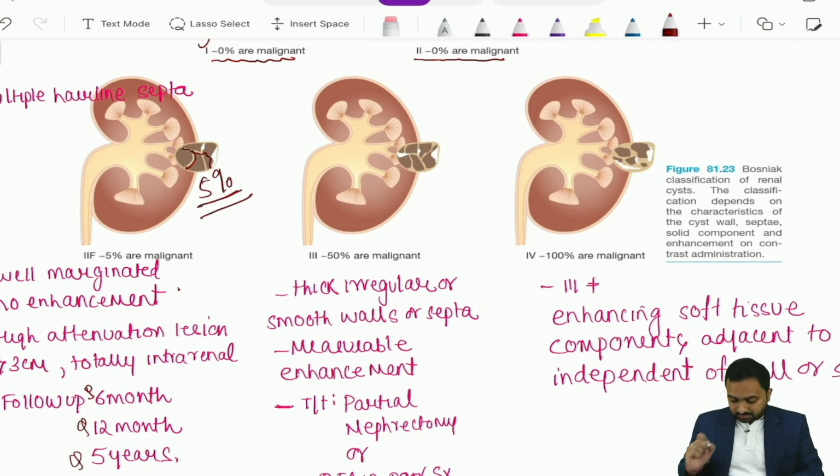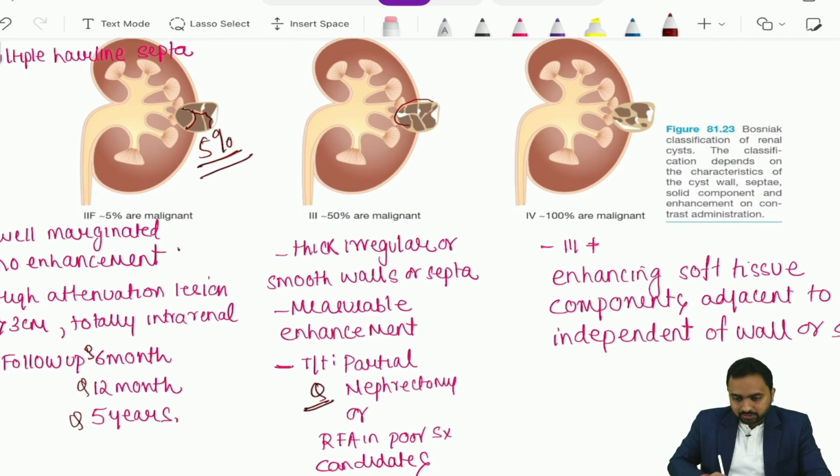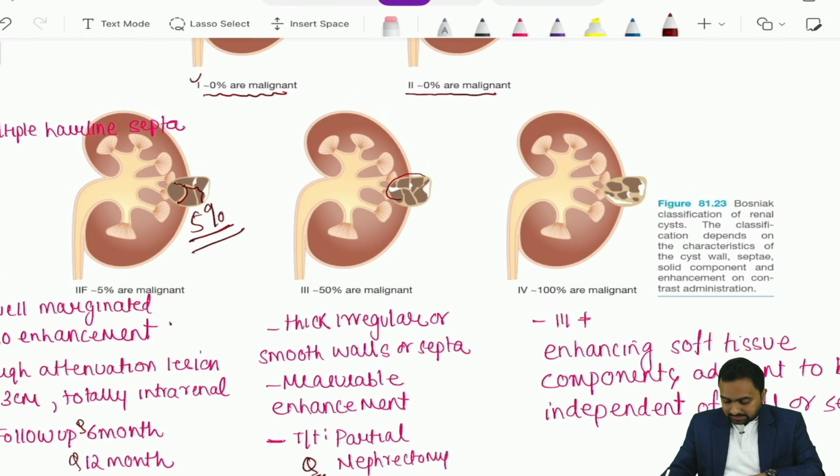5 years. Then we have this cyst, which has thick, irregular or smooth wall or septa, and it has a measurable enhancement on CT scan. So the treatment for this would be a partial nephrectomy or a radiofrequency ablation if the patient is a poor surgical candidate. Now if we look at this last, which is category 4, you find that you have